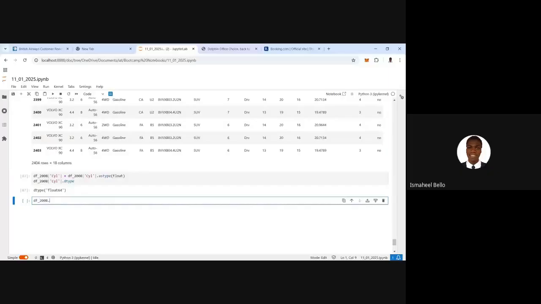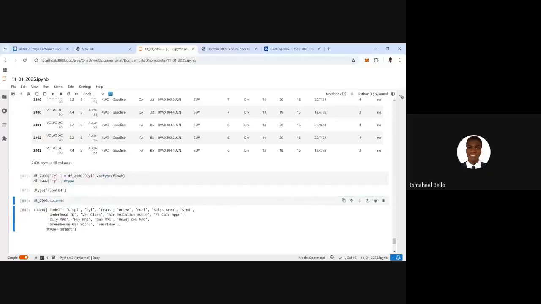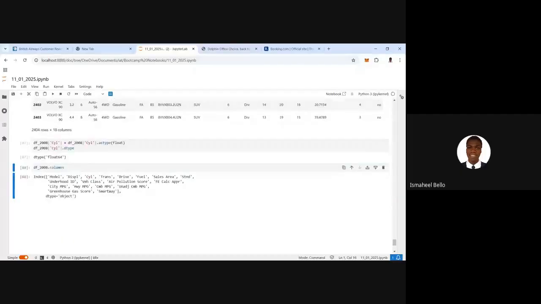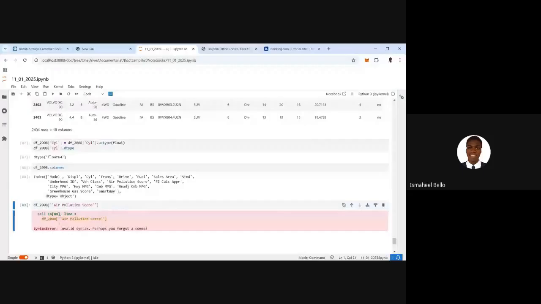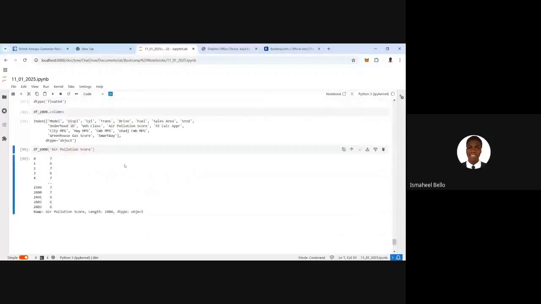Let me copy it here. Air pollution score. All right, so let's convert it. I assume that there is nothing wrong with it actually. Let me convert it to